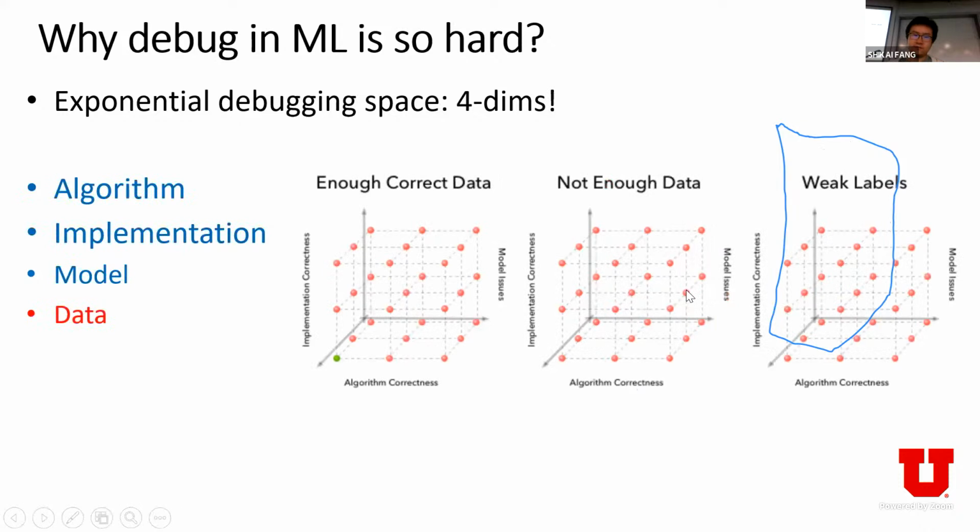Let's go here. So actually, for a data-driven project, like lots of machine learning projects, only if you have enough correct data can you get good results. If your data size is not enough, is limited, or even the label of your